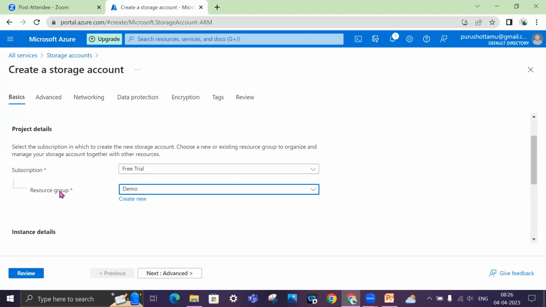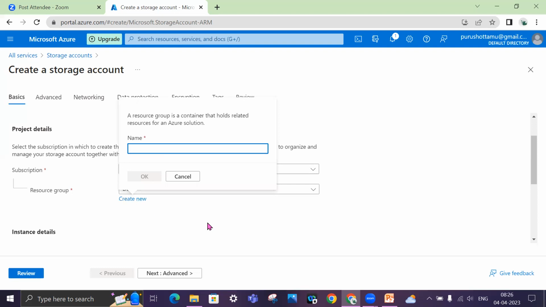I know I'm spending a lot of time. Some of you already know, and some of you are looking at this fresh. But these are the basic things when you are trying to work in real time. Okay, so that's the story about resource groups. I have created a resource group called demo, right? For our demo purpose, I have created just one, and I can create any number. It's just giving the name.